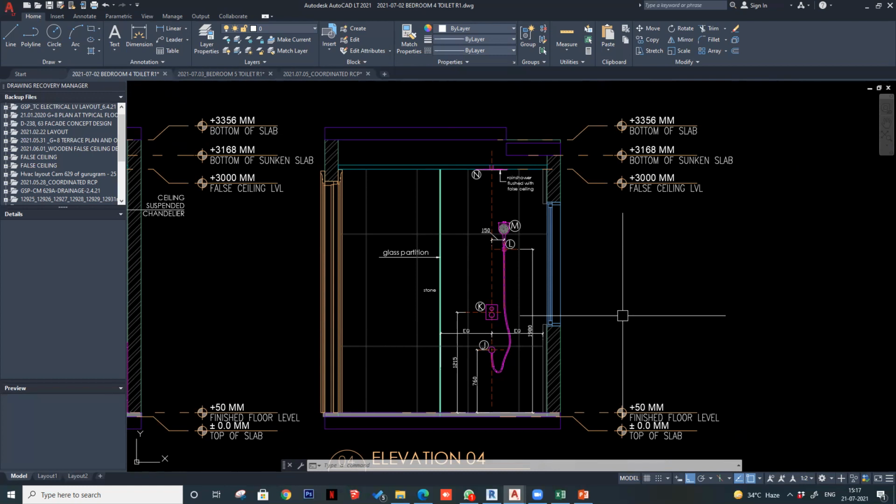No, that is not an issue. It depends, if you're using a rain shower only. You'll have to check the proposed fittings first, whatever has been proposed in the toilets. And if they've proposed a rain shower, then I'm sure they had this in mind, that it is 3,500. I don't think that is a problem.